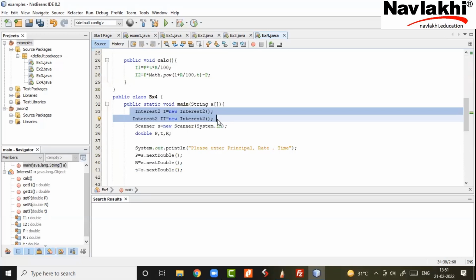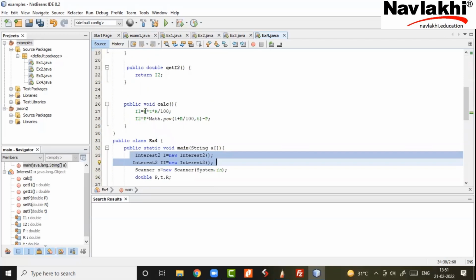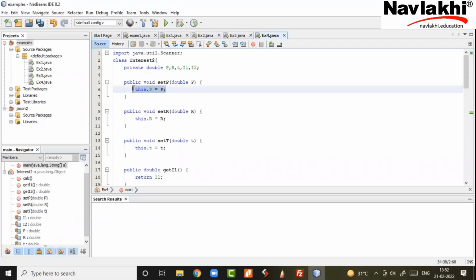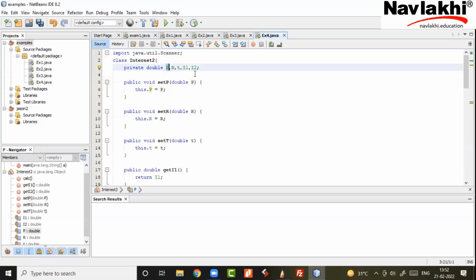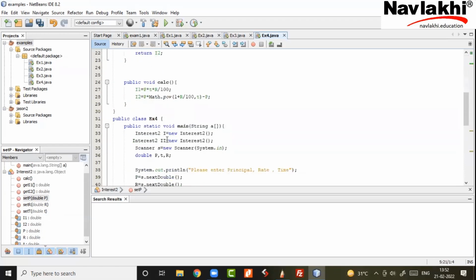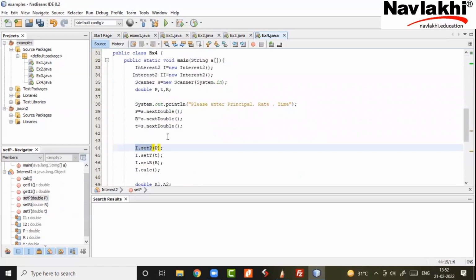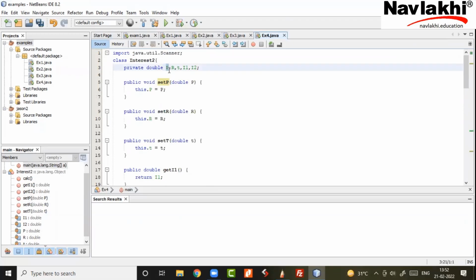So now the big question comes: when I do, for example, setP, I said P is equal to this.P. But this.P means this P, but whose P? Because you need to understand that these 5 things are also within some object. Till now I was trying to fool you, kind of. I was saying that this setP is setting this P. But I didn't tell you more details, because it's not known whose P this is. Think. Because this P is itself inside something. Now that depends on who called setP. If setP was called by I, then we say this P being filled is the P inside I. Think.